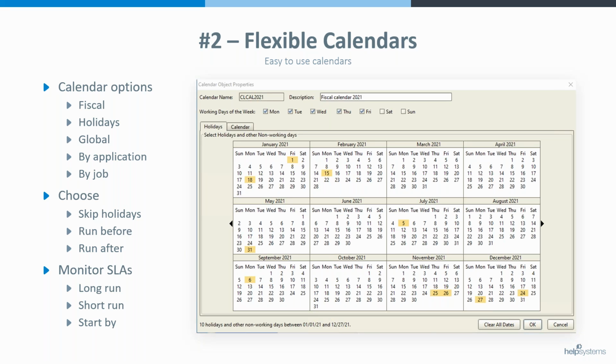Okay, so this is around that flexible scheduling, and that's calendars. So you can have a fiscal calendar, you could have a holiday calendar, you could have multiple calendars. You can even switch calendars between jobs using a command. Can be fully automated. Yep,